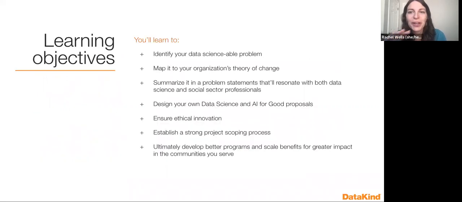So that brings us to our topic for today. Our very first Nonprofit Data 101 topic is data project scoping. In future weeks, in future events, we will have different topics, but today we'll talk all about scoping a data project. And so over the next hour, you'll learn to identify your data scienceable problem and map it to your